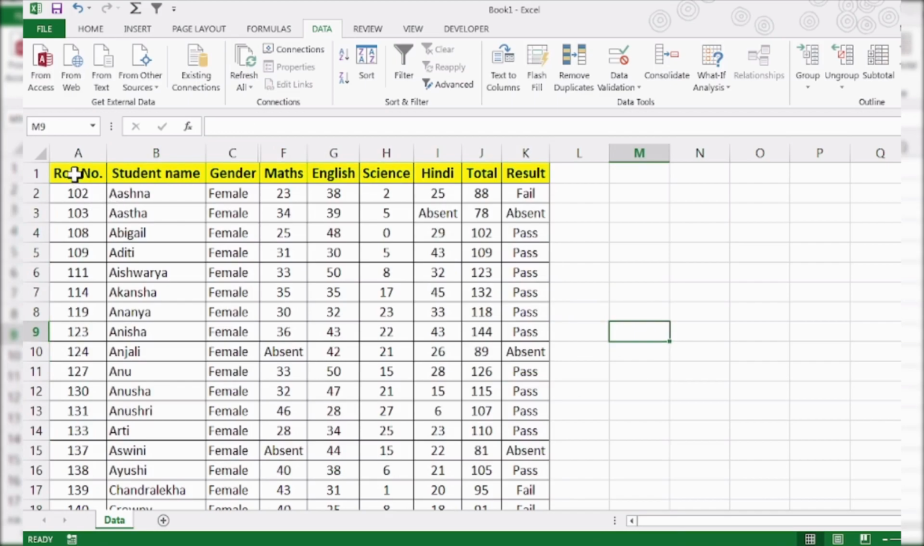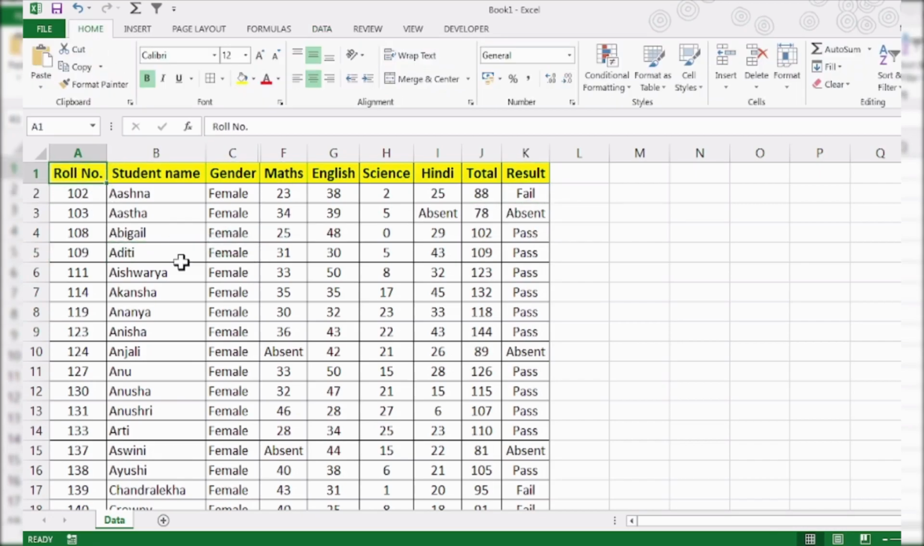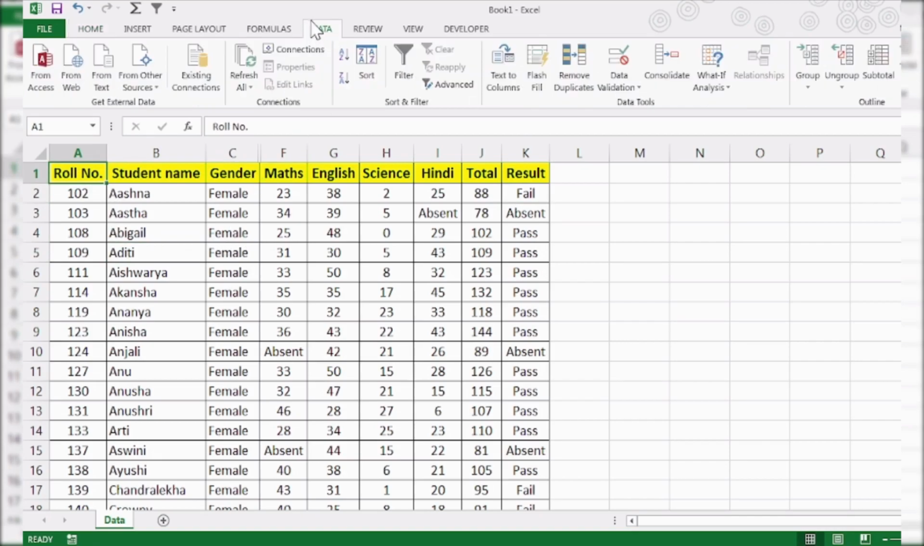Okay, suppose you have some details about some students, their gender, their scores on some particular subject, a total score, and a result. Okay, and you want to filter out how many male or female are there. Probably you may want to see how many students failed, passed, were absent, present, and all this data you want to see. Okay, so to put your filter, you just need to go to data and then click on